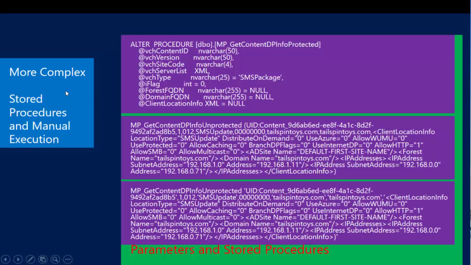Moving on. All right, so stored procedures and manual execution, just went through that, right? One thing I will say on stored procedures before I move on. There is the parameters list, there is the manual execution that we can go through. The question sometimes comes up, at least in my mind, why do we actually store queries in stored